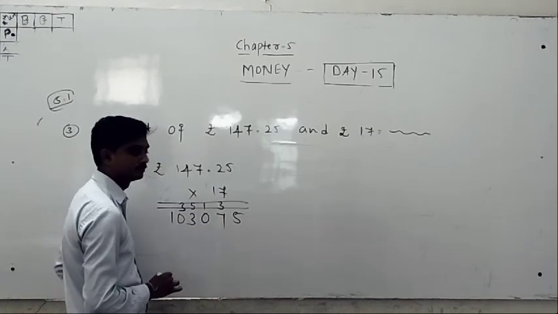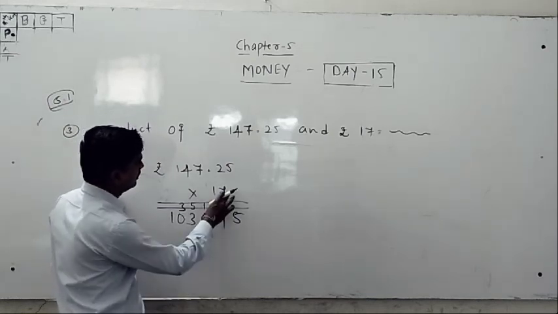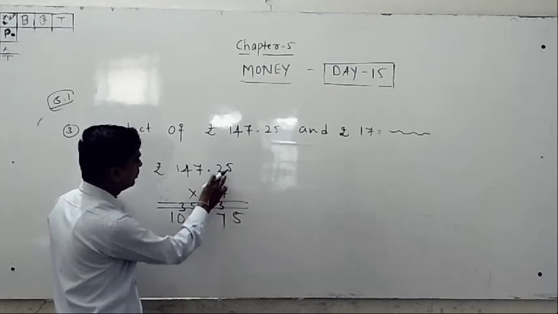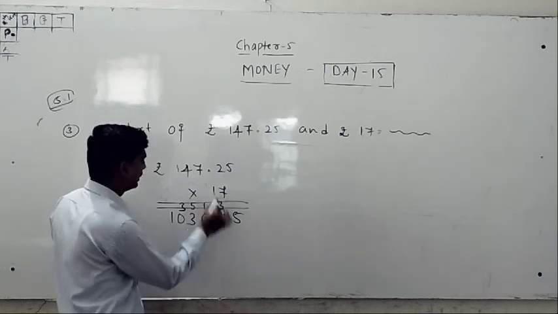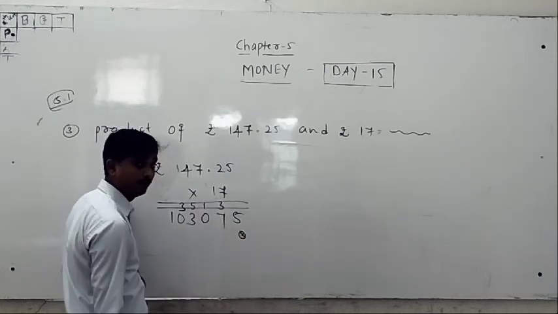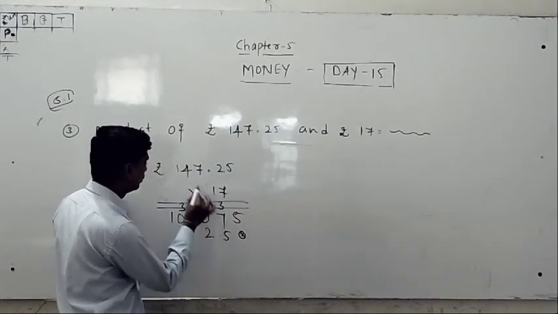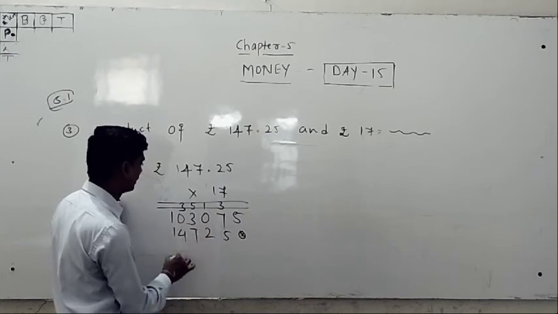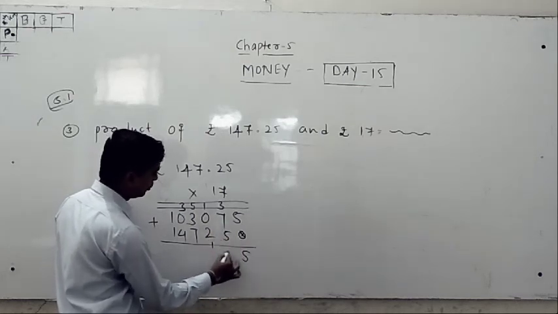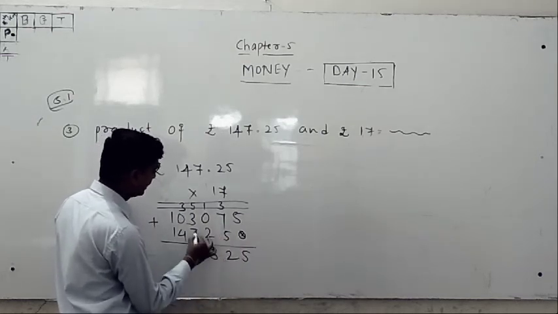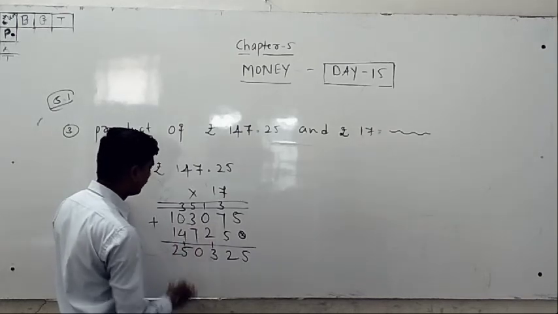Yes. 7 5s are 35. 7 2s are 14 plus 3, 17. It's right. Then one number completed means you leave one line. Then 5 1s are 5. 2 1s are 2. 7 1s are 7. 4 1s are 4. 1 1s are 1. Then you have to do addition. 5, 7 plus 5 12. 2 plus 1 3. 7 plus 3 10. 4 plus 1 5. 2 plus 1 plus 1 2.